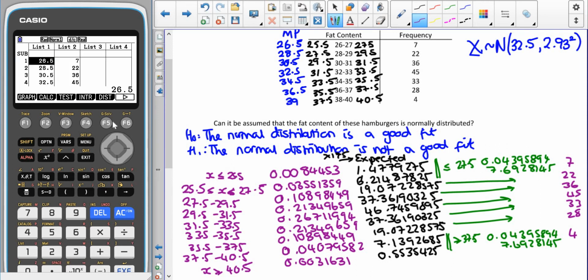So in the stat bit of my calculator, I'm going to delete what I already have in there. Remember that your observed values go first. So we've got 7, 22, 36, 45, 33, 28 and 4. Then we have our expected values next. So they were the 7.6928145, then